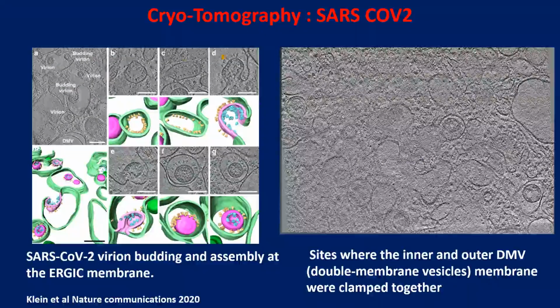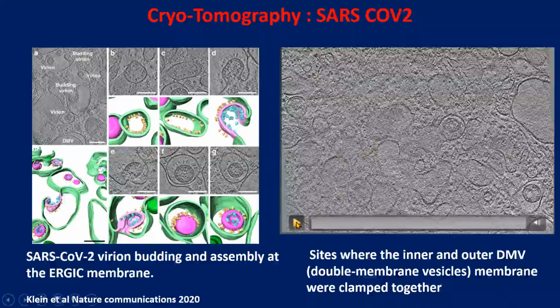Here what you see is the budding event in the SARS-CoV-2 viruses, and it is interacting with the membrane, and it is getting fused and getting engulfed. So there are a lot of events happening over here, and in order to get this kind of images, this kind of understanding, what scientists do is they record